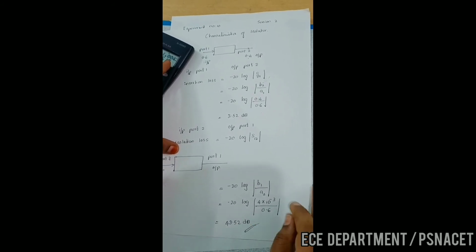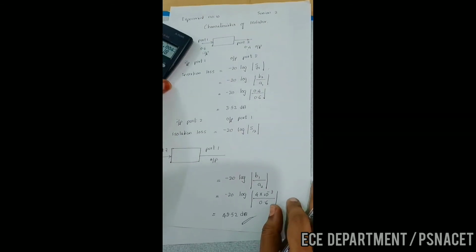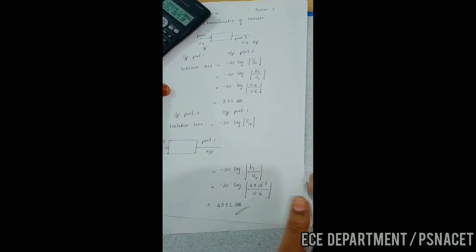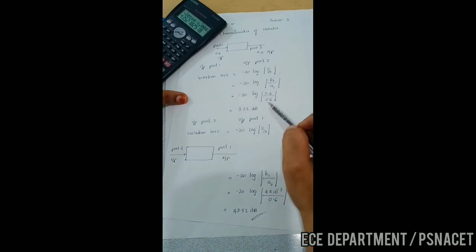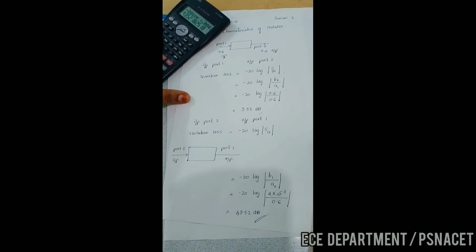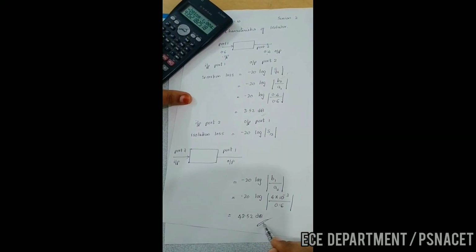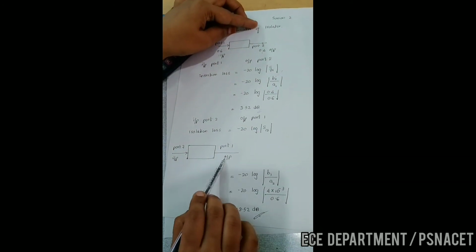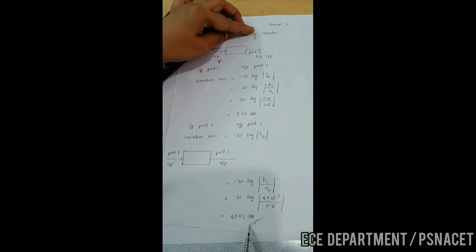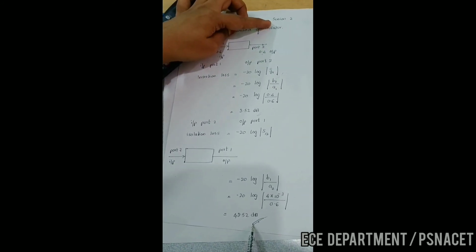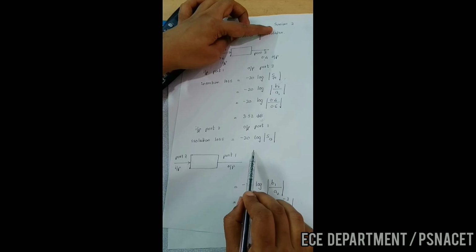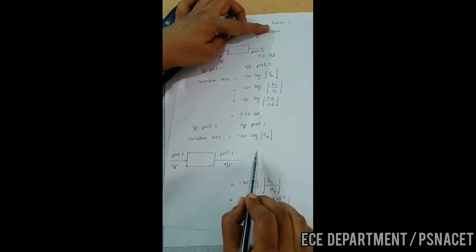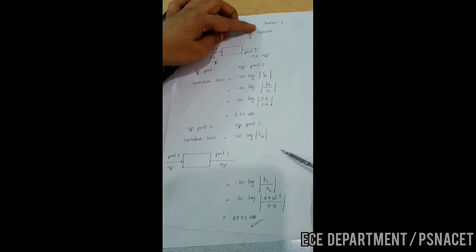As already stated, the isolator will be providing minimum attenuation to the wave in one direction. For this isolator, it is from port 1 to port 2. It is providing the minimum attenuation because it is only 3.52 dB. And this isolator is providing the maximum attenuation for the wave which is traveling from port 2 to port 1. The attenuation is 43.52 dB. So this is for the opposition or the loss due to the reflected wave. This is for the forward wave and this is for the reflected wave.